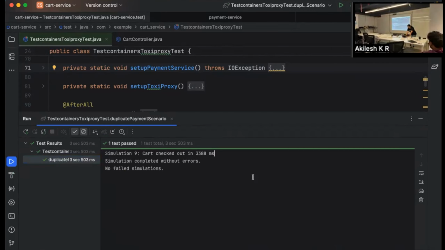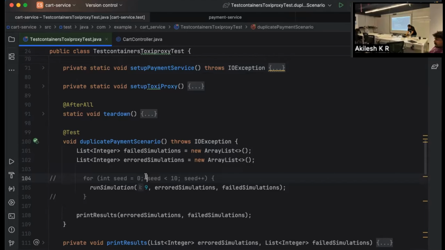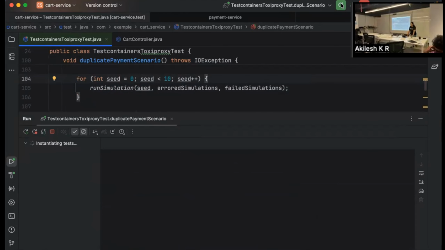Now the cart has been checked out, but there are no failures, meaning no duplicate payments. Let's also see the other one, we had two failing conditions, right? Let's also see if all of these simulations pass, just to ensure that we are not introducing a new bug while fixing.